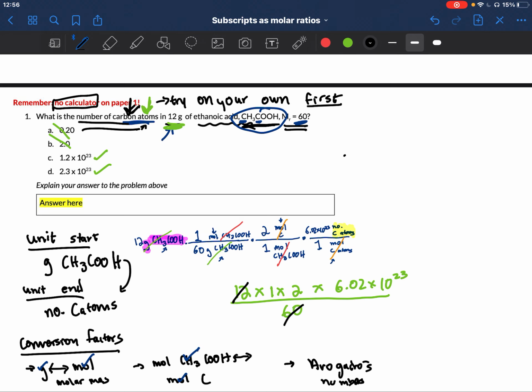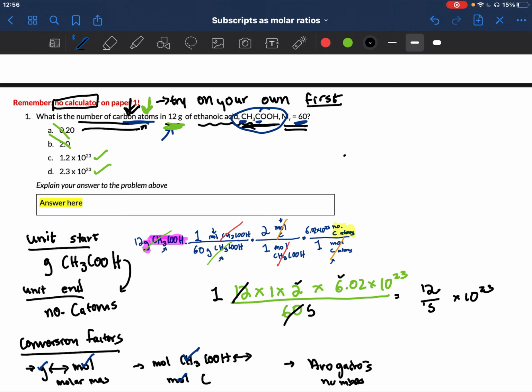Well, I see 12 and 60 cancel into 1 and 5. Okay, that's good. I see 2 times 6.02. That's about 12 something. So that's going to be about 12 divided by 5 times 10 to the power of 23. Well, 12 divided by 5,